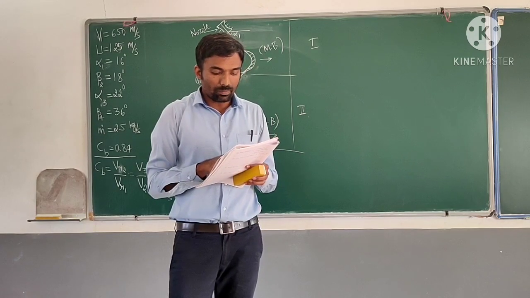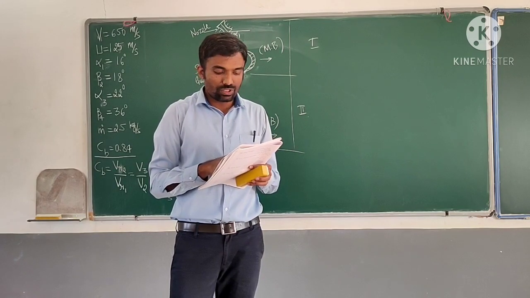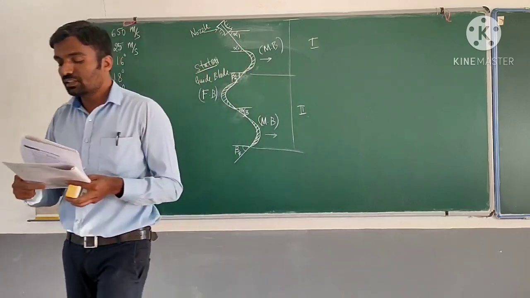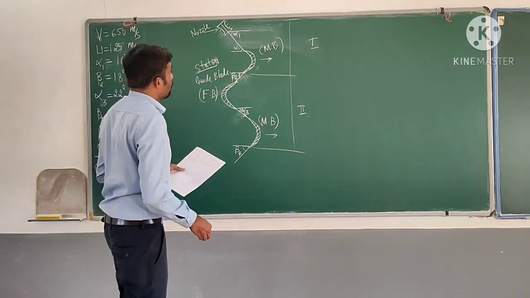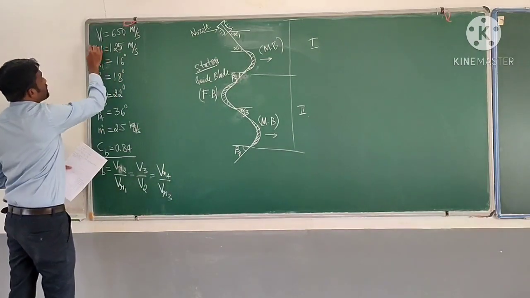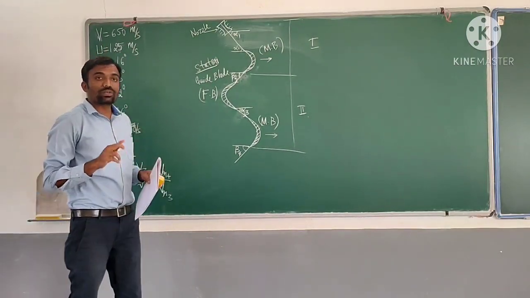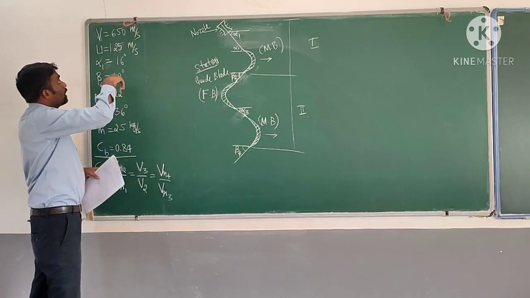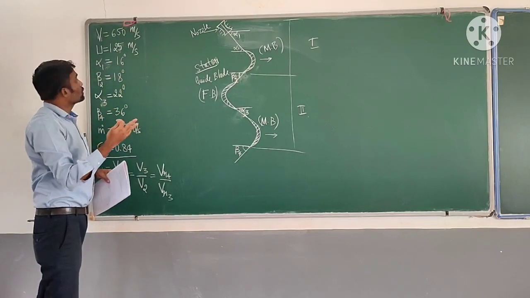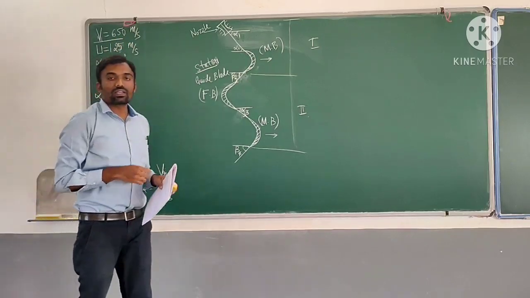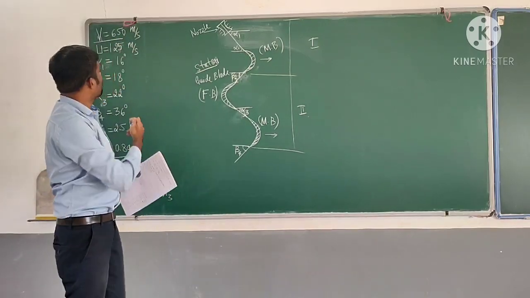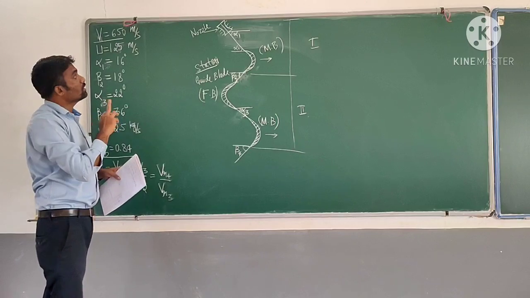Second parameter, power developed. Then efficiency of the wheel. So it is nothing but efficiency of the turbine wheel. Okay. So in this we have to decide the scale, and deciding the scale is very important. We have to check the highest velocity. Highest velocity will usually be V1. So the highest parameter will usually be V1. Based on that we have to fix the scale.